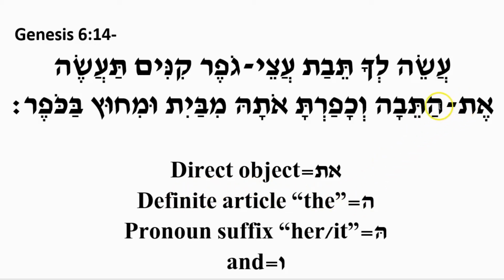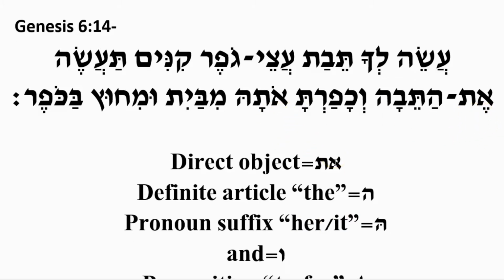So et ha, the verb is being done directly to something definite. Okay. Ota, the direct object is being done to some pronoun. We learn here this pronoun suffix is her or it. So this is the hey with the dot inside, the dagesh. It's her or it. Okay? So et hateva and ota.